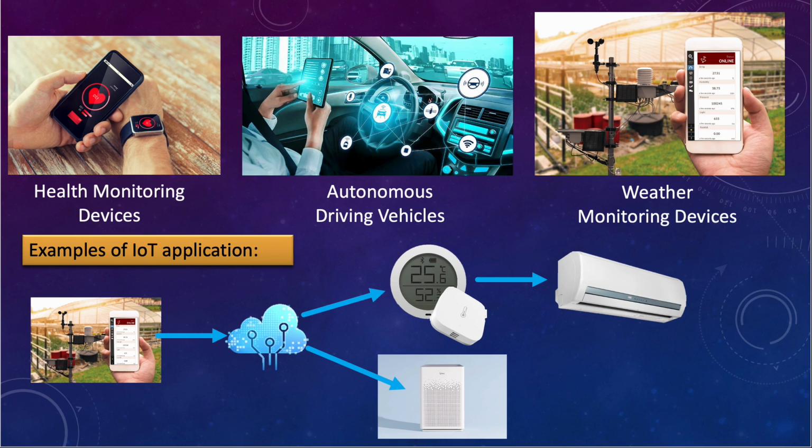We talked about how weather monitoring IoT devices can share real-time data through the internet to temperature control units inside smart homes, or thermostats, where these thermostats can get real-time data of the environment and make the necessary adjustments either to the AC or the heating system of the house or the building to maintain a comfortable